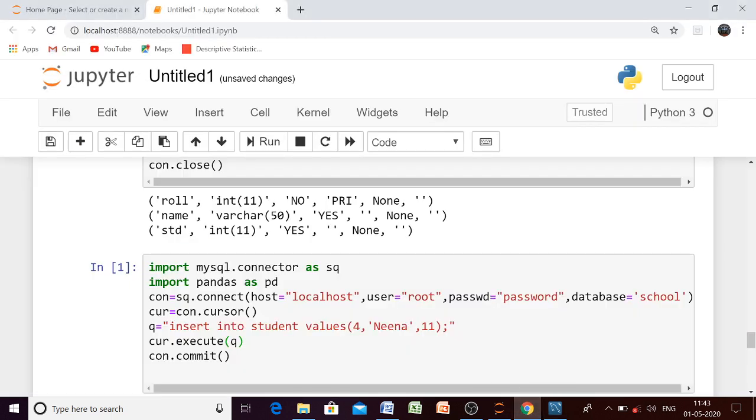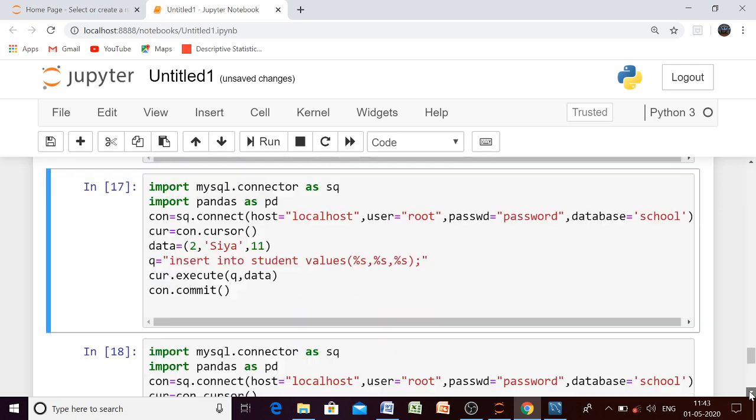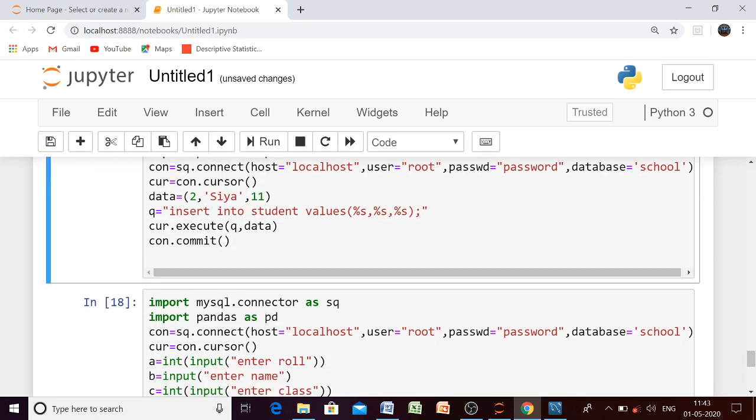If we want to add a record, there are multiple ways to insert records. Now see, here we can store our data in the form of a dictionary. This parenthesis symbol is for a dictionary. So the same data can be entered in the form of a dictionary also. What we are doing here is writing the same SQL statement, and instead of passing roll number, name and class, what I have written here is %s, %s, %s, which means here we are having the data.